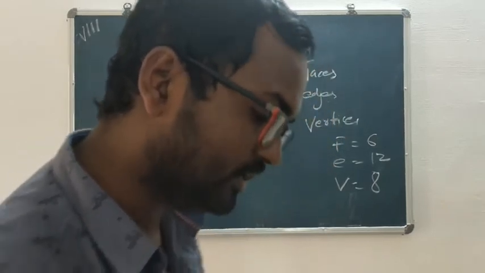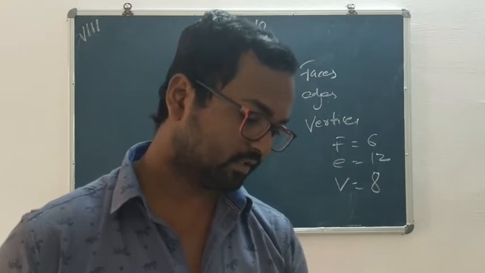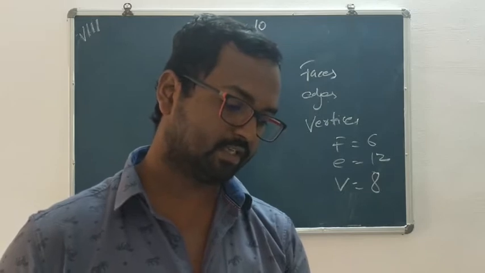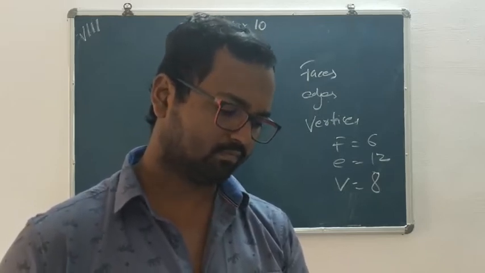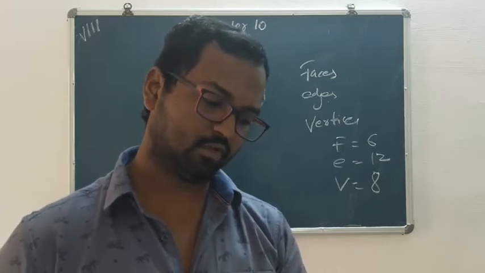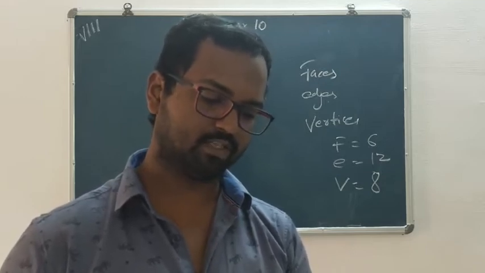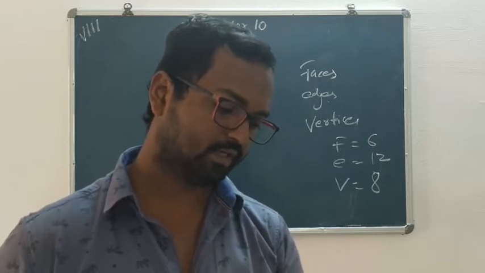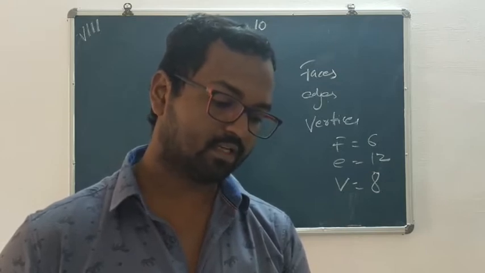Let me read out the definition of polyhedron. Look at page number 164, and you will see some figures. The first one is like a pyramid. The second one is also a pyramid, like you put a pyramid on top of a cuboidal surface. And the third one is just a cuboid. So look at the definition: each of these solids is made up of polygonal regions